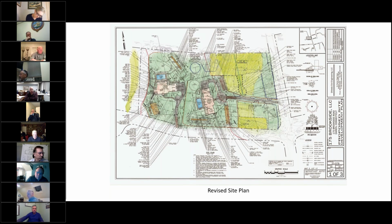I don't know of any environmental professional that should be able to say that allowing manicured lawns to segment an area of meadow, with, you know, there will be building and